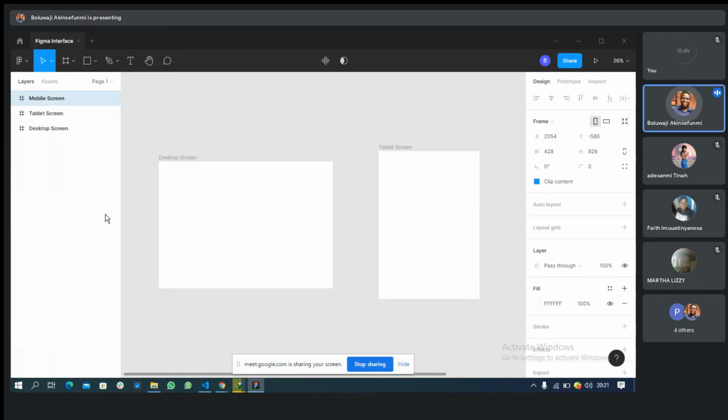All right, so the order in which these frames and other graphics objects that we have on the screen are arranged on this left hand side, in this tab, is going to determine their hierarchy and how they appear over each other or at the back of each other on the canvas